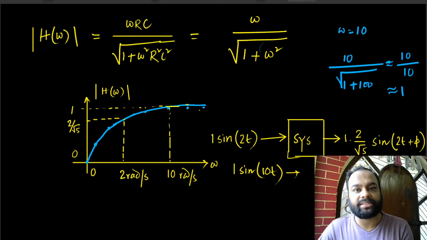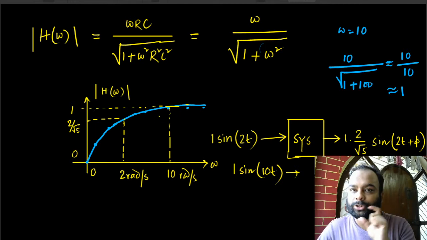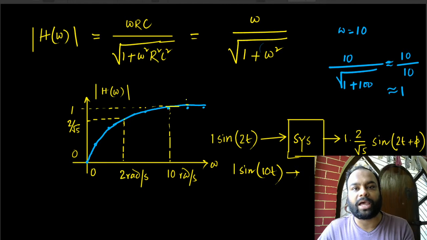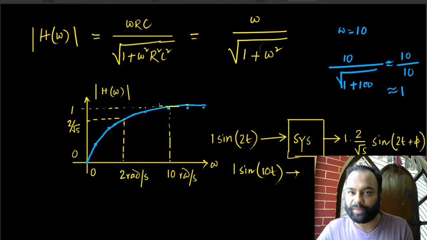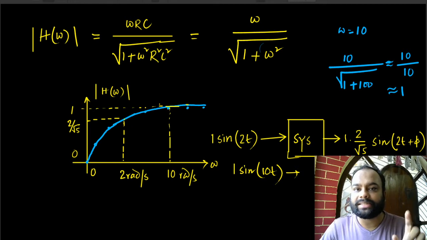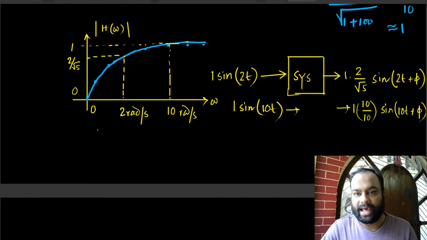But if I give this system sinusoids of high frequencies as inputs, then this system will allow those signals to pass with minimal reduction in amplitude. If I feed this system with sinusoids of high enough frequencies, then what will happen? This system will let them pass unaltered as far as the amplitudes are concerned. You get the point, right? So with that said, this system blocks low frequencies and allows high frequencies to pass, and as such this system